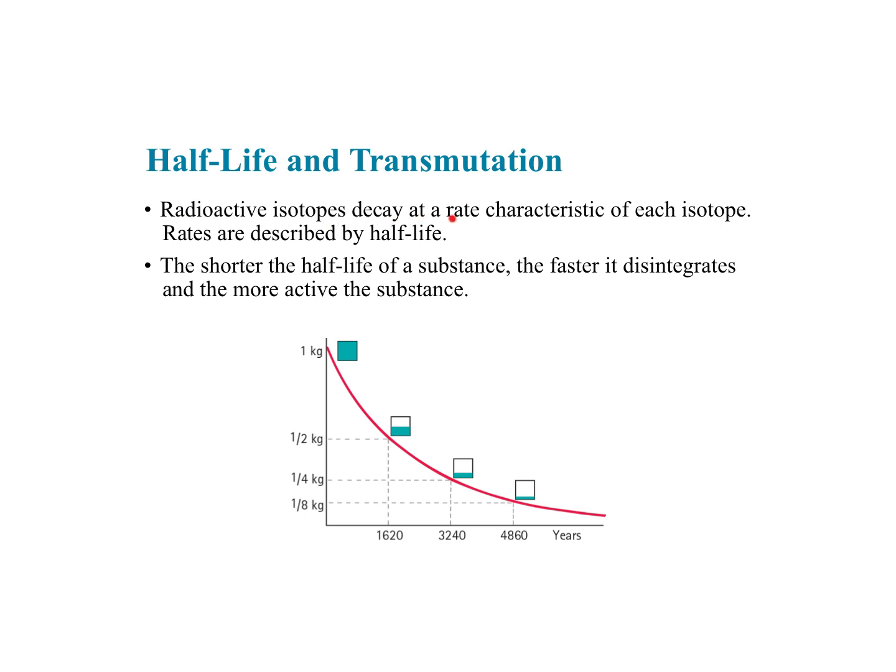Radioactive isotopes decay at a rate characteristic of each isotope, and the rates are described by the half-life. The shorter the half-life of a substance, the faster it disintegrates and the more active the substance. And so we can see here a chart showing what happens if I start with a kilogram of a pure